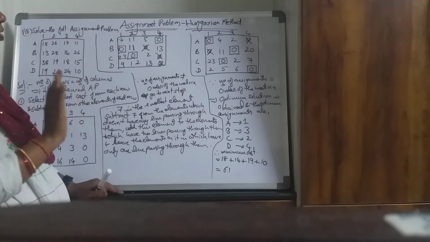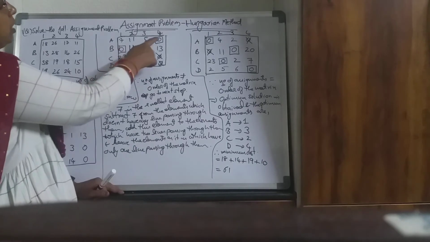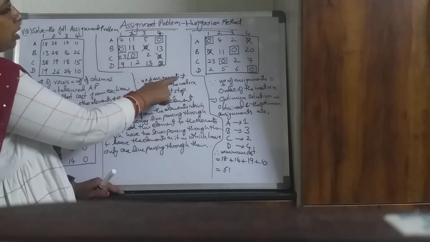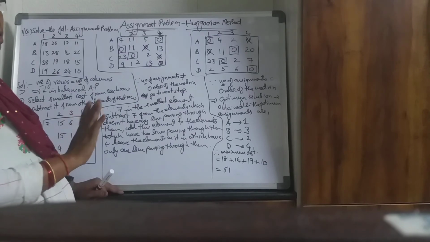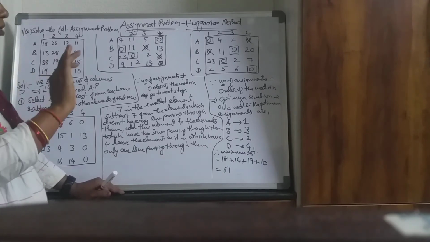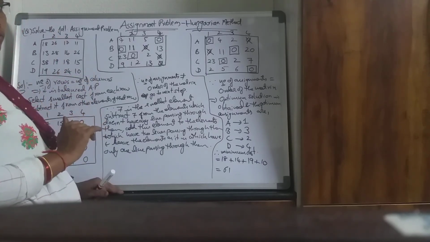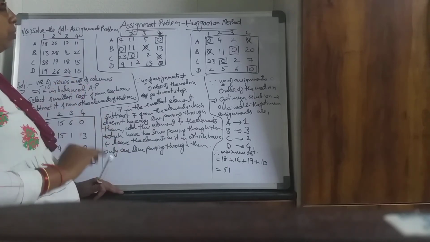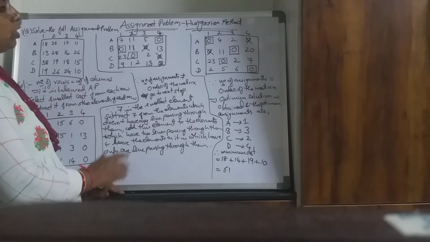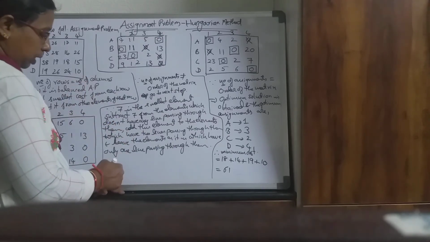Now see whether number of assignments is equal to order of the matrix or not. Here number of assignments are only 3. So since number of assignments is not equal to order of the matrix, we have to go to next step. What is that next step? In this next step what we do is, we will try to draw minimum number of lines such that all the zeros are covered with that lines. Now to draw that minimum number of lines, you have a procedure. First you check the row which doesn't have any assignment. So in the fourth row it doesn't have any assignment, so I put a tick mark to this row.